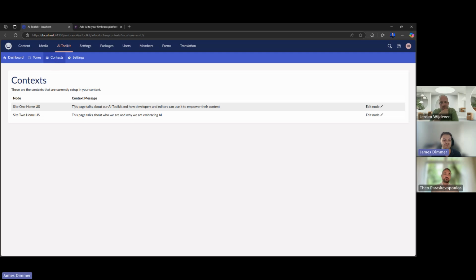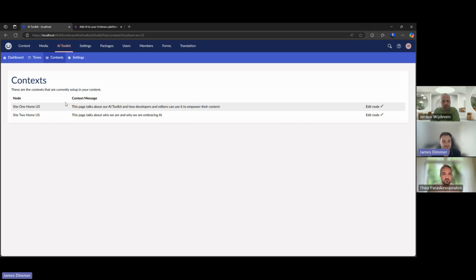And if I go over to the context, this is something that is to be expanded, I think, but in the context, you're able to give additional subtext to this is what the actual page is about. But we do know that maybe the next step with this is for actually having the model receive the whole page and say, this is the page. So it gets that context a bit easier than having to type it out.